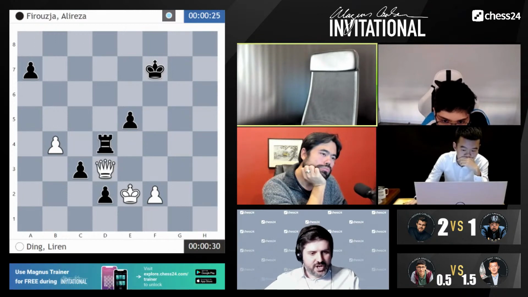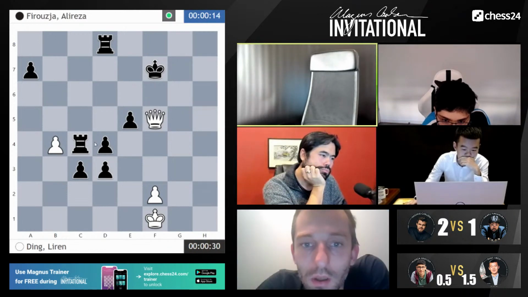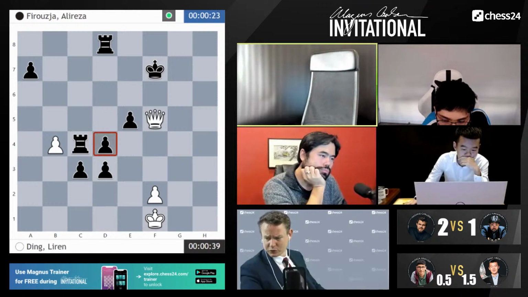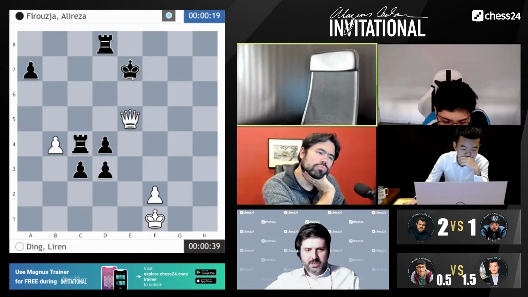He played queen f5 check. Yeah, he probably wants to give a perpetual now, right? And he will have the perpetual if Alireza decides not to. Maybe he's winning. He's taking this pawn, this rook. How? No perpetual. King f7. How do we pick up the...